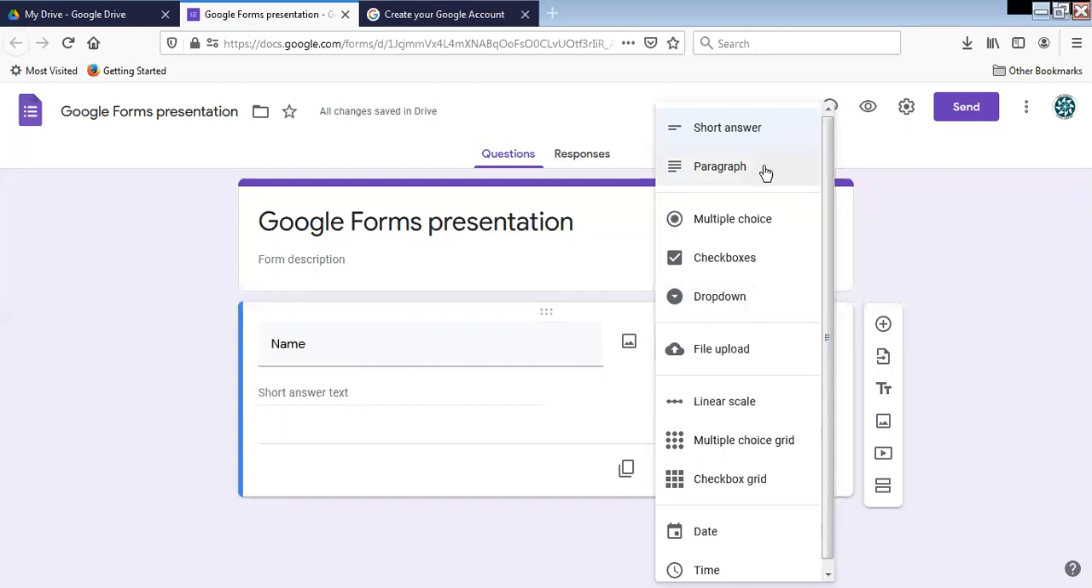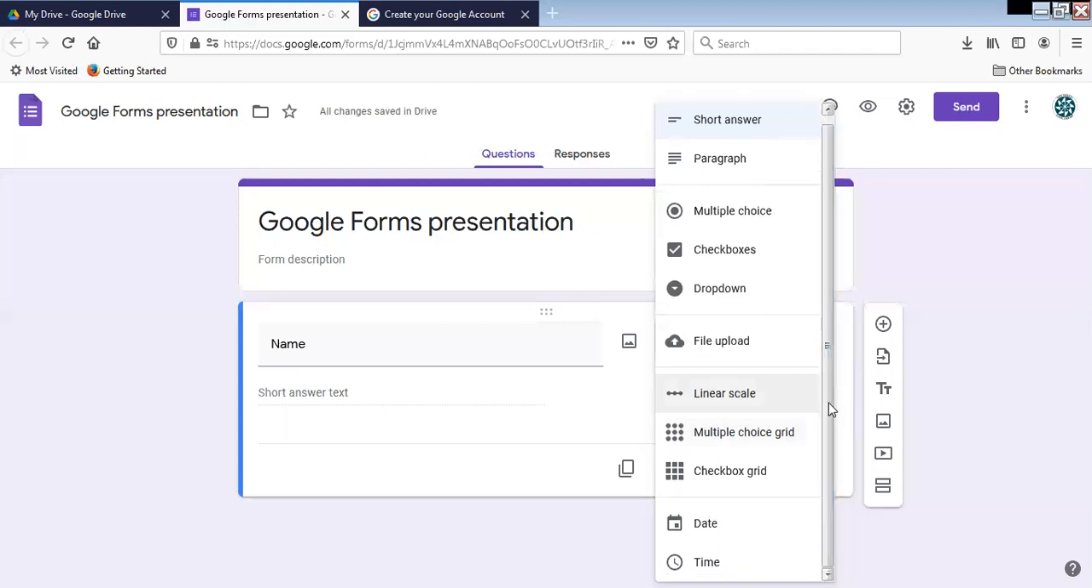So if you want to give like a big box for people to type in, multiple choice, which is people can only pick one option, check boxes where they can pick multiple options, drop down menu, and then you can choose the choices. The linear scale, so how do you feel about this on a scale of 1 to 5? Multiple choice grid, which I have, that is a somewhat new addition, and I'm very happy about because that is